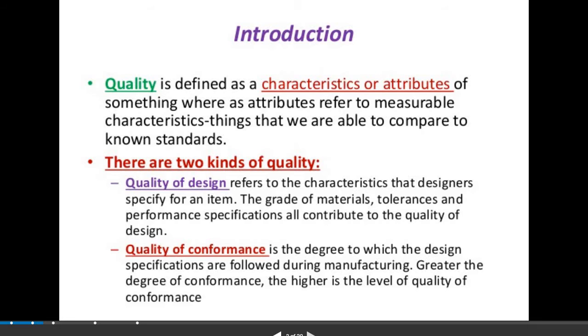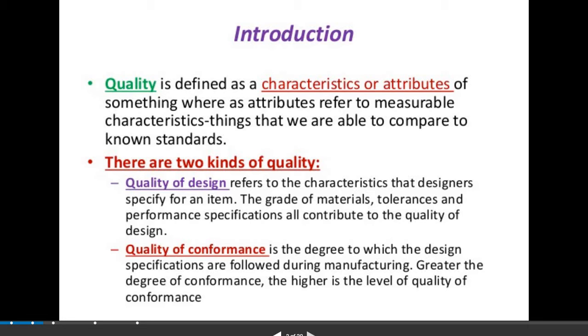Then what is quality? If we see the definition of quality, quality is defined as characteristics or attributes of something, where attributes refer to measurable characteristics, things that we are able to compare to known standards. So there are two kinds of quality: quality of design and quality of conformance.